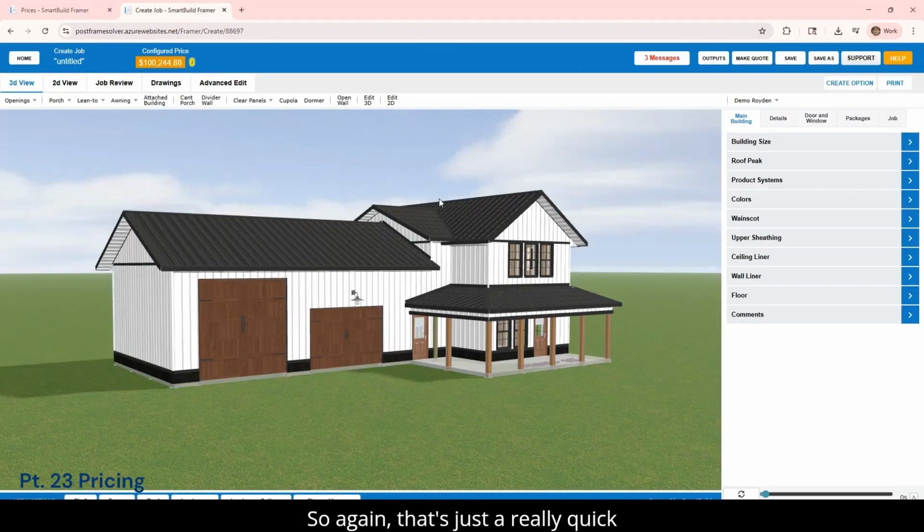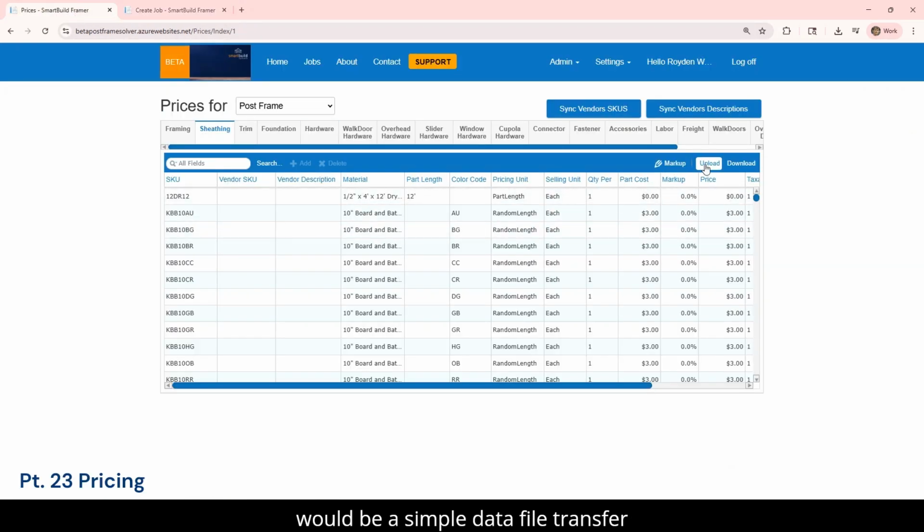So again, that's just a really quick walkthrough of updating pricing. There's a lot of different ways it can be done. We even have some people that automate it through their API, where every evening their API calls our server and pushes the latest pricing in. So when the sales guys come in the morning, they have the new price up to date. So again, that can be done also. You may have to have a developer and speak to our support team on that if you're wanting to get that set up. But the most common would be a simple data file